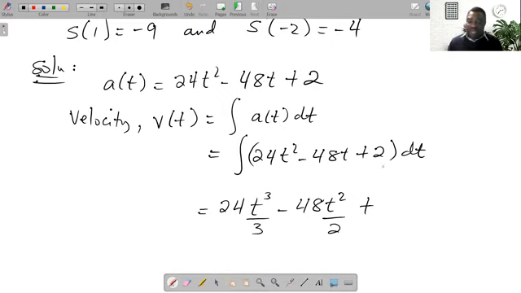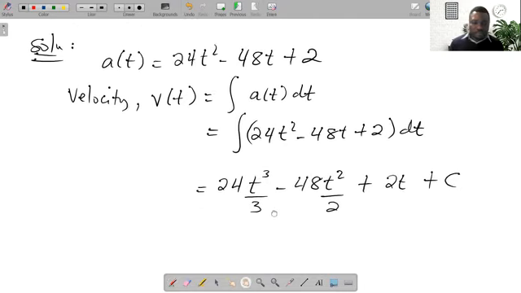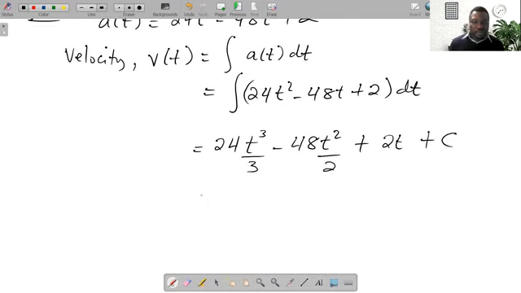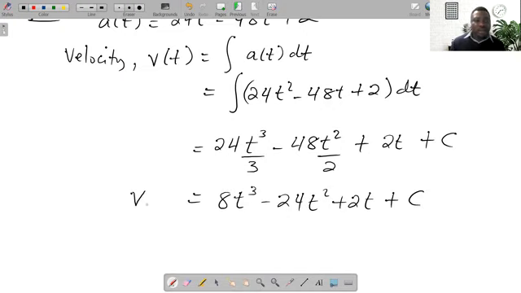So 2 becomes 2t. Okay. Then plus your c. If you simplify, you're going to get 8t cubed minus 24t squared plus 2t plus c, and that will give you your velocity